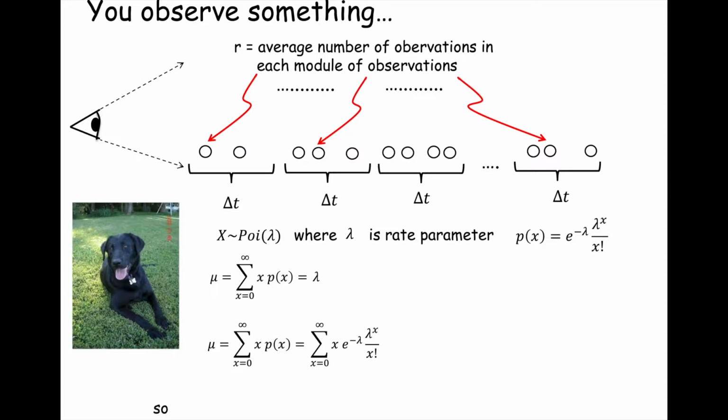And so computing this expectation is E of x, and we can also summarize that with the Greek letter mu. And so we're just substituting now for what expectation is. We say x times p of x, the weighted sum for x goes from 0 to infinity. And so we substitute for p of x, the probability mass function. Instead of p of x, we multiply by e to the minus lambda times lambda to the x upon x factorial.